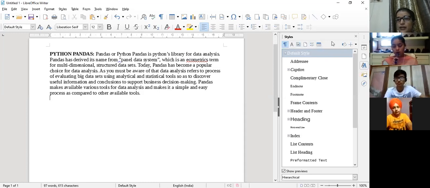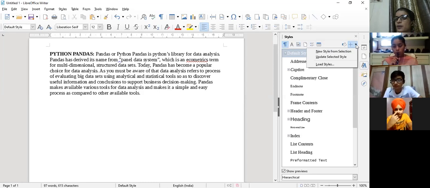On the same part at the right side you can see there are three icons. First icon is fill format mode. Second icon is styles action, in which there is the new style from selection, or the update selected style. Whatever style you have selected, you can update, or you can make that selection into a new style. Clear?